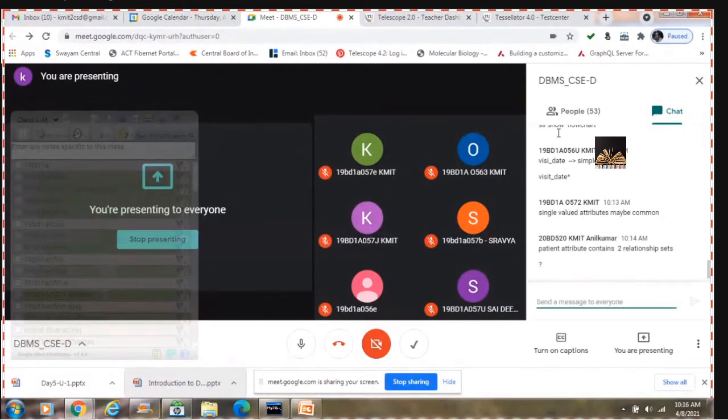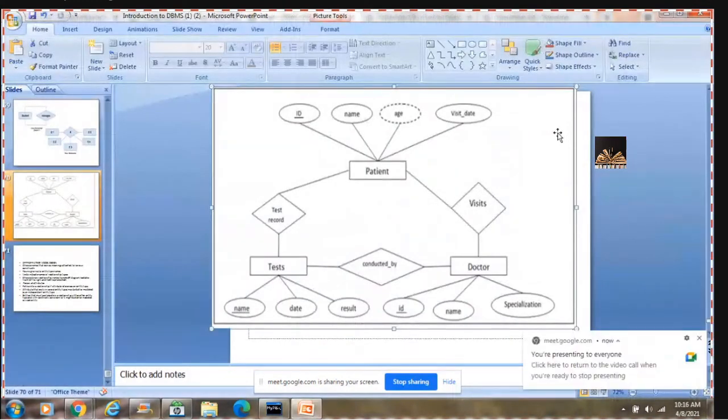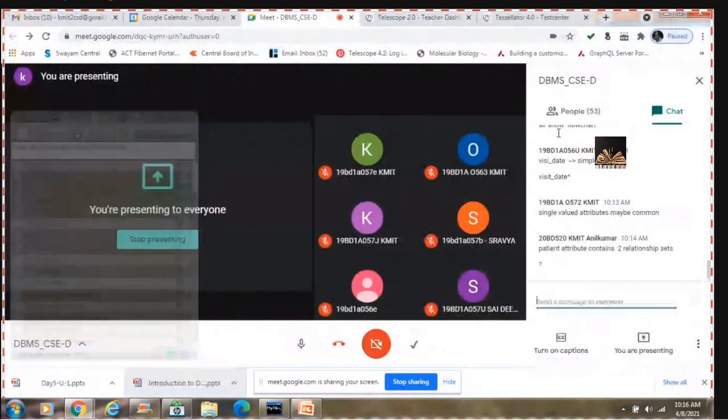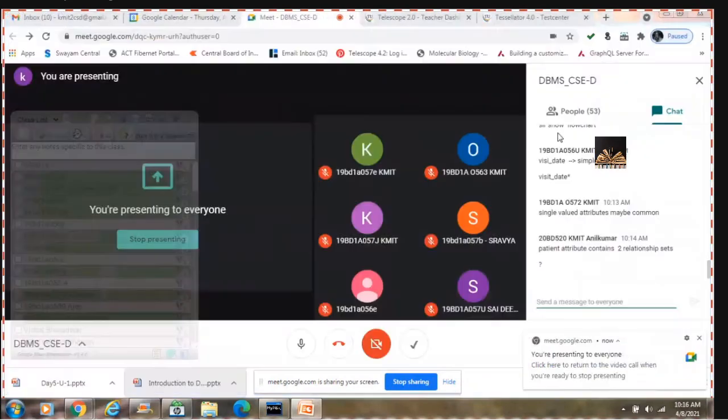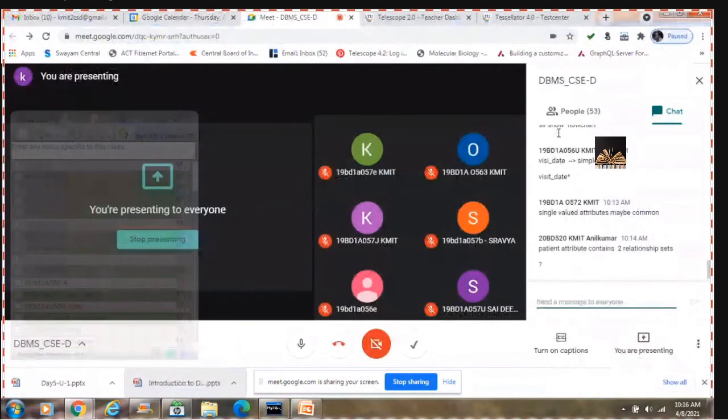Patient is in relation with two other entities. Yes, it's in relationship to entities. Patient is related to test and patient is related to doctor. And patient there is not an attribute, it is an entity.